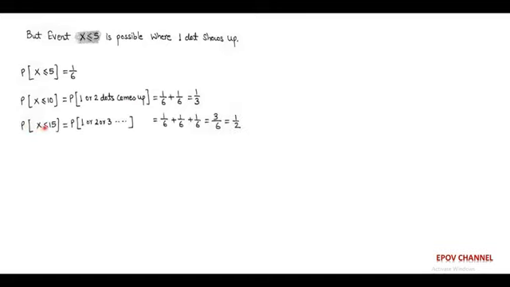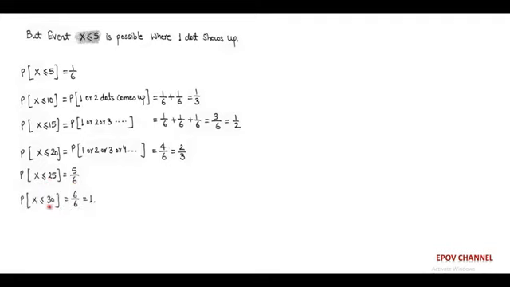And the probability of X ≤ 15 is half. Here there is a chance of occurrence of 1 or 2 or 3 dots coming up. So accordingly we can find the probabilities of the rest of the events. That is, the probability of X ≤ 20 is 2/3. The probability of X ≤ 25 is 5/6, and the probability of X ≤ 30 is 6/6, or we call it 1.